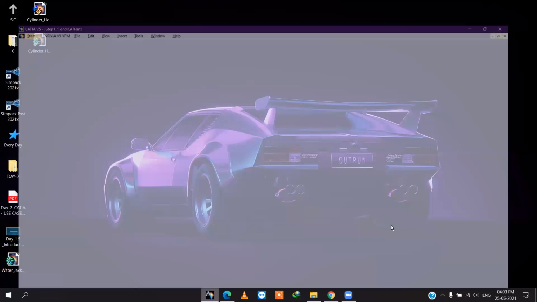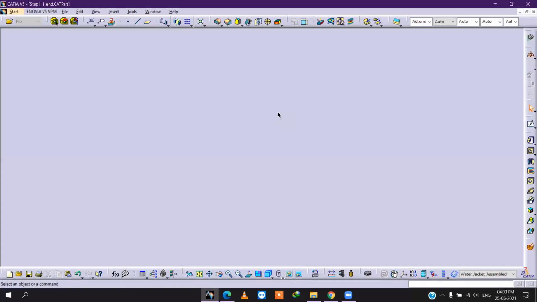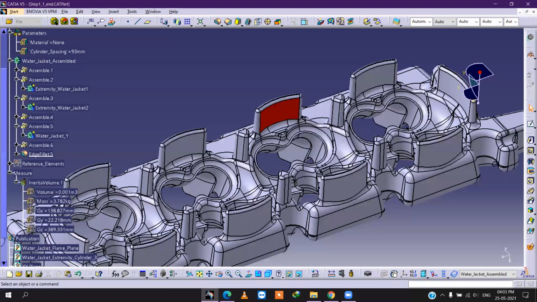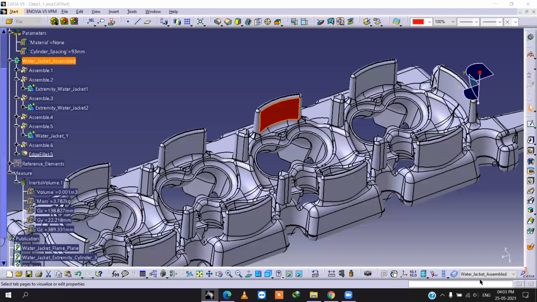Okay, wait, share again and I will tell you. Suppose, see, this one I have made red. Suppose you want some portions in yellow color, you are saying, no?